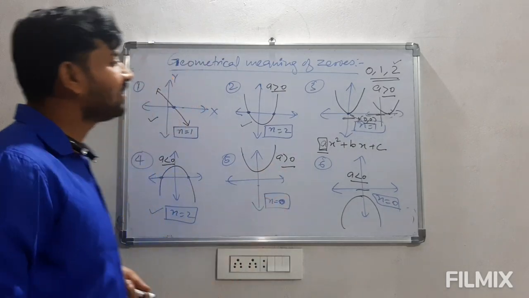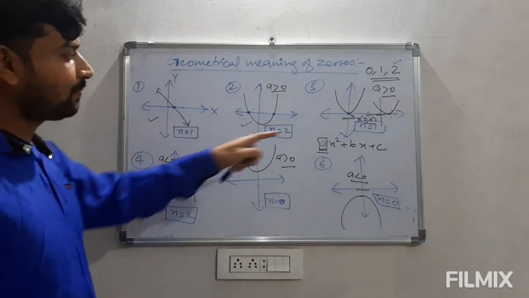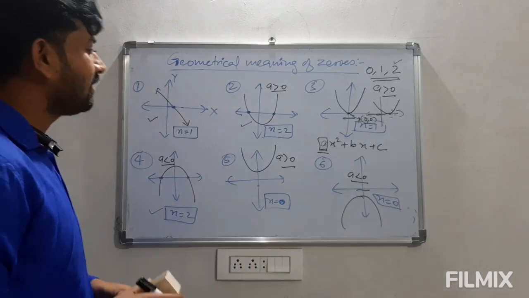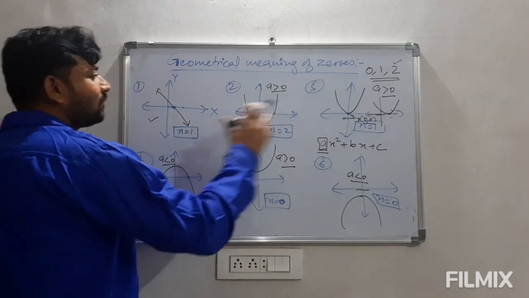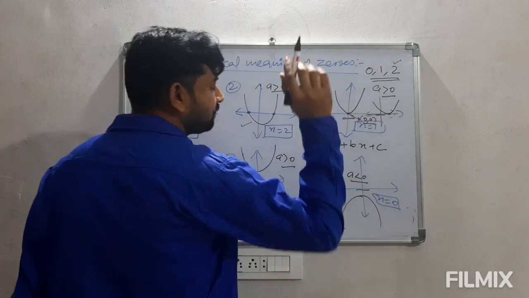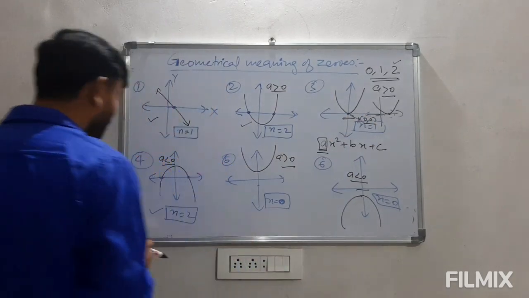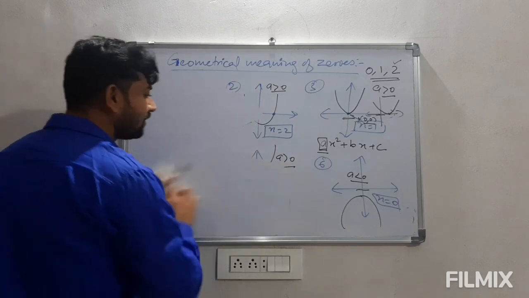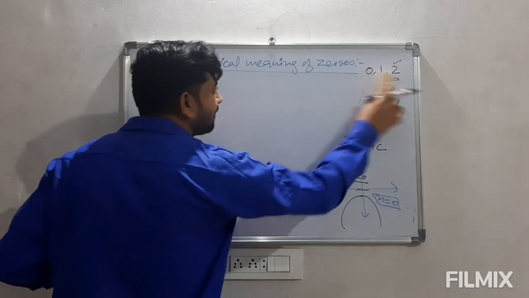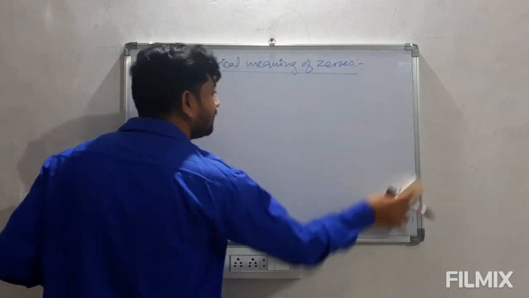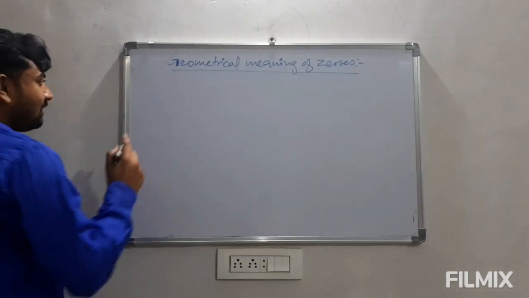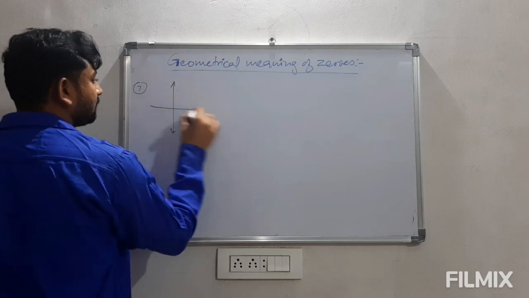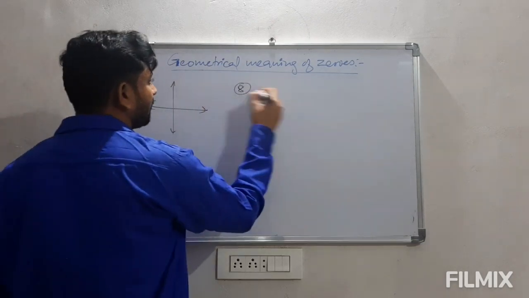But in reality, whenever there is a touch of any graph, the number of zeros will be 2. But whenever there is a question, find the number of zeros, then we have to write 1 only by using the graph. So now let us take some more examples which will be having some different values of number of zeros. 6 we have taken, so I am taking 7, 8.